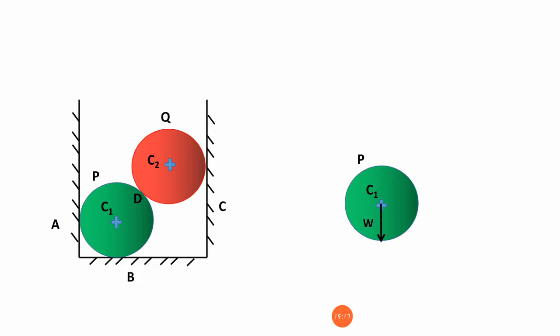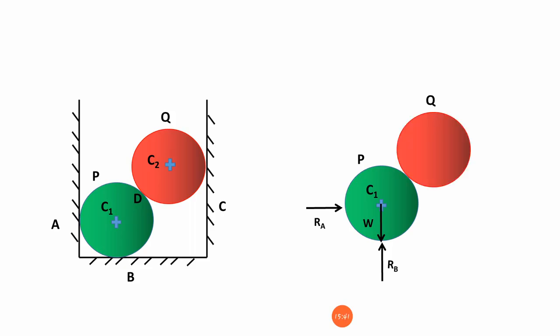So then the reaction forces are coming at the same point of line of action. In this case, RA, we always know that when a ball is in contact with a vertical plane, the reaction force is always normal to the contact point, and it is going to be passing through the center C1. And similarly from B there is also a reaction force acting in the upward direction.